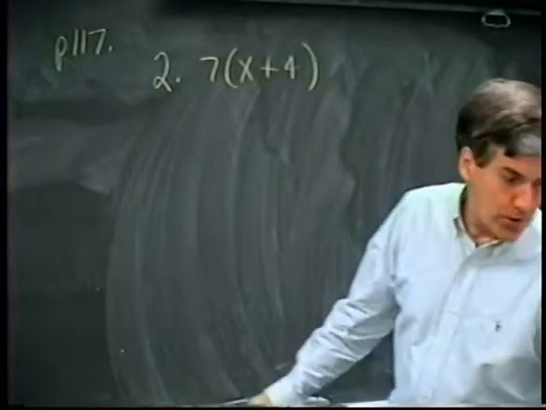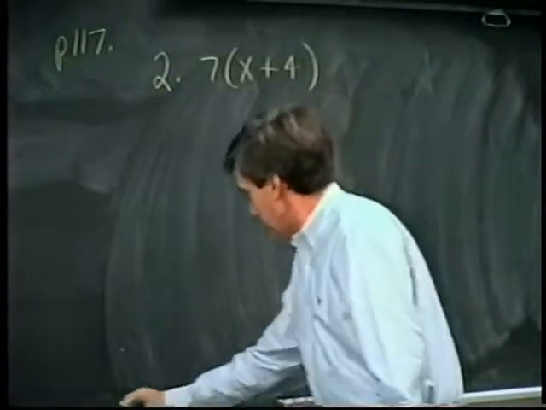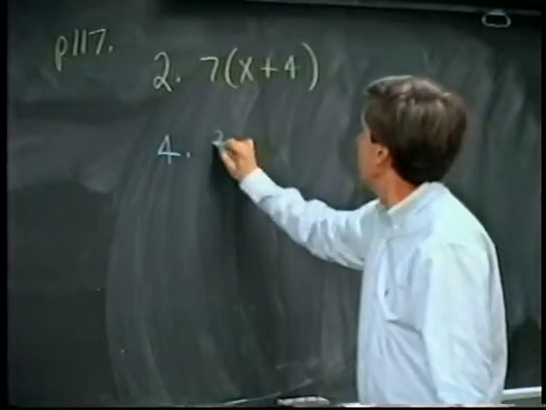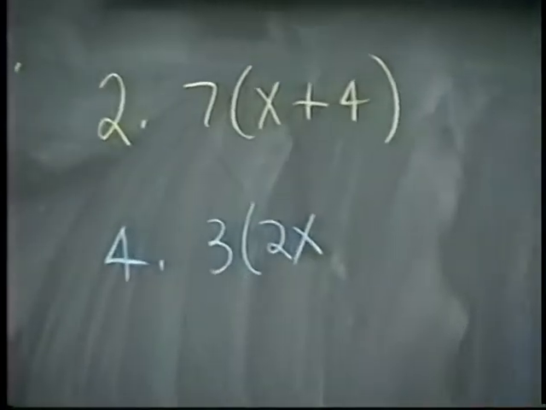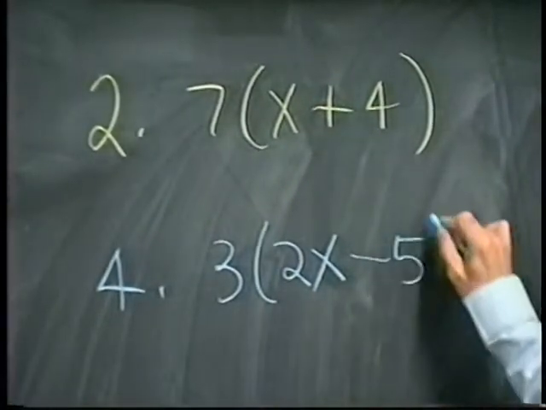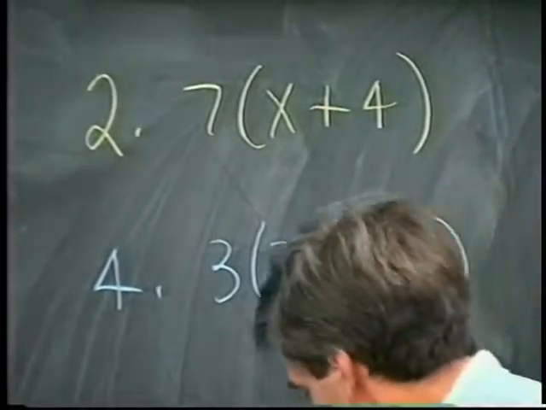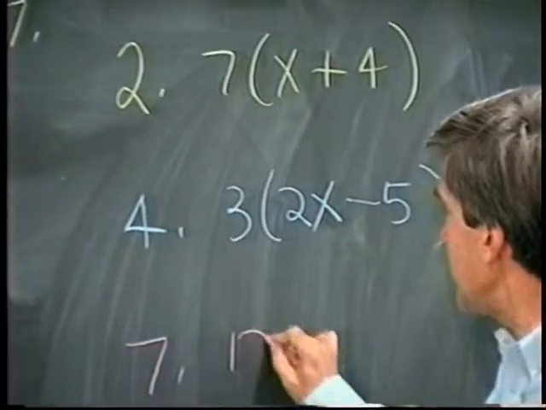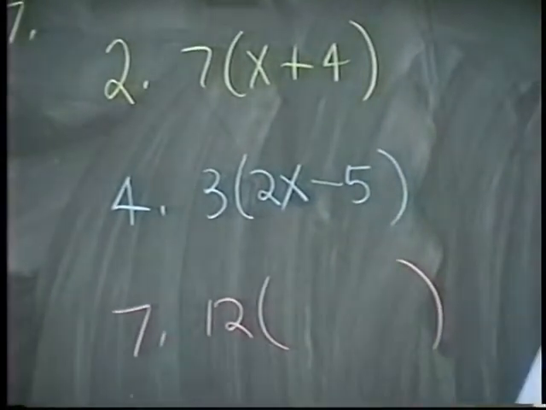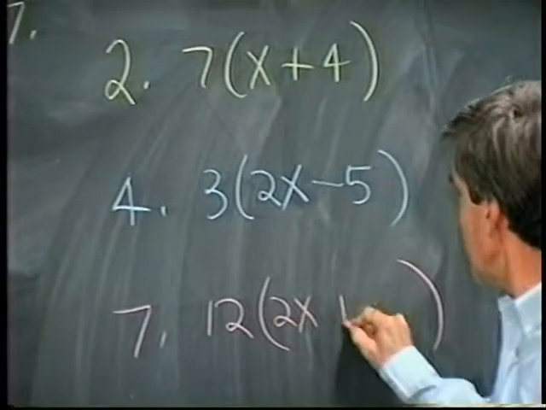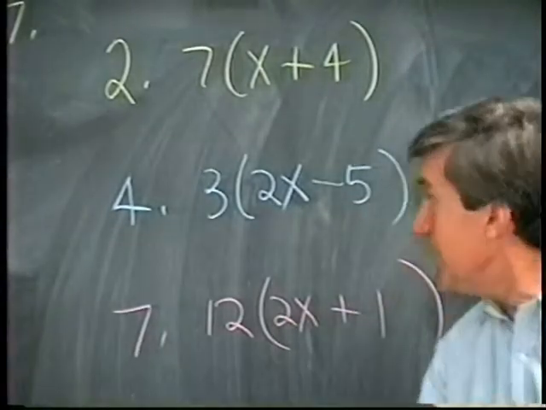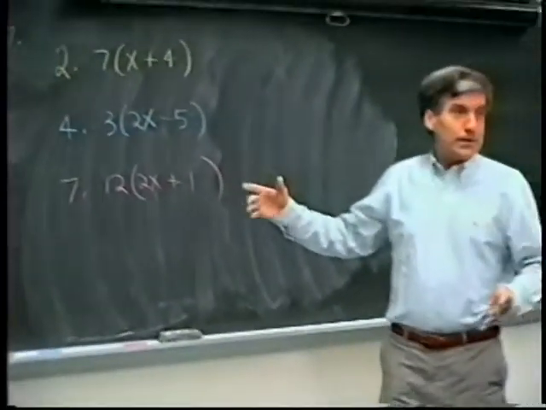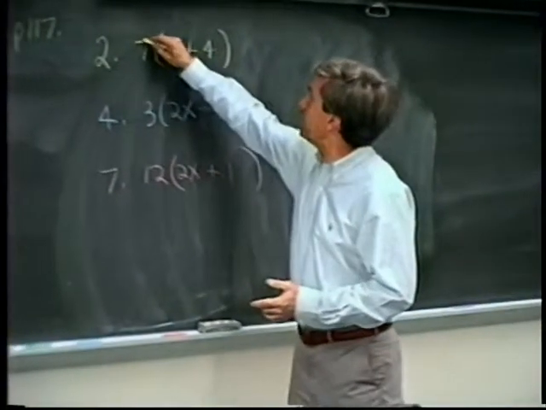And, for example, number 4, let's take a different color. Number 4, it says 3 times 2x minus 5. And for a third color, number 7, the problem says 12 times 2x plus 1. Okay? What I'd like to do is use the distributive property and just distribute the 7 to